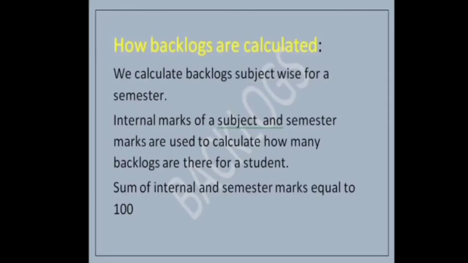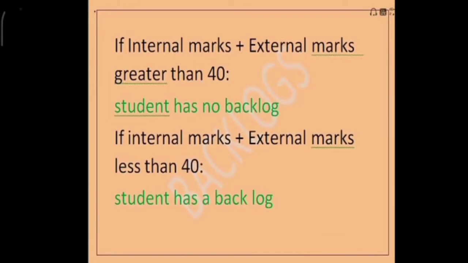The first rule is that a student must have an attendance percentage greater than 75 in aggregate of all subjects to appear for the end exam. The exam will be conducted for 100 marks, internal for 30 marks and external for 70 marks. The final internal marks will be calculated from mid-examination marks by giving 80% weightage to the better mid-marks and 20% weightage to the rest. If marks are less than 40, then the student will get a backlog.